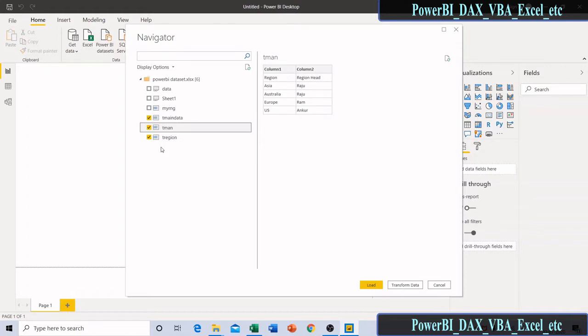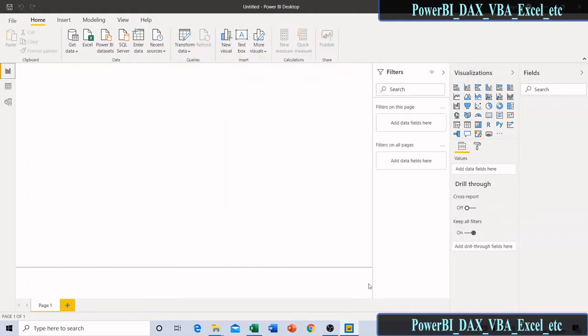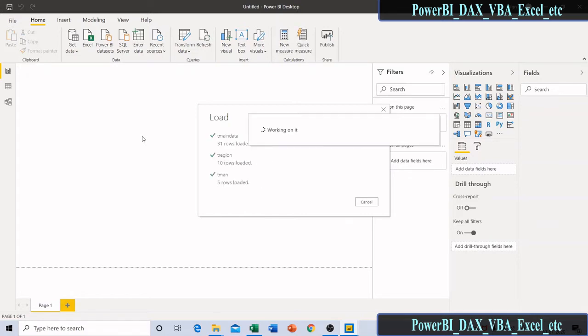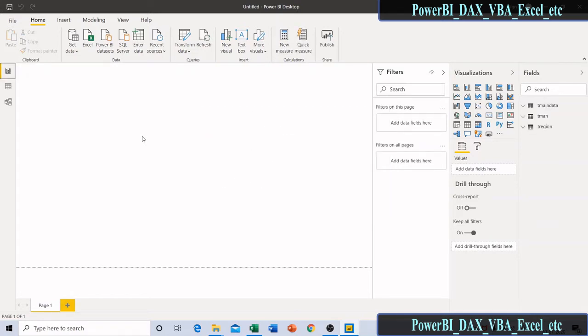I selected the three tables and then load. Okay, my data is loaded.